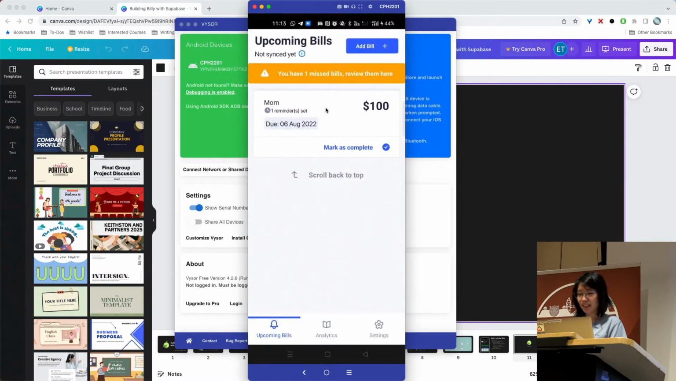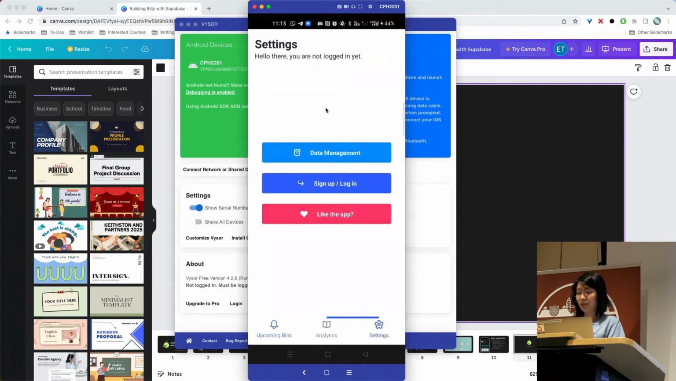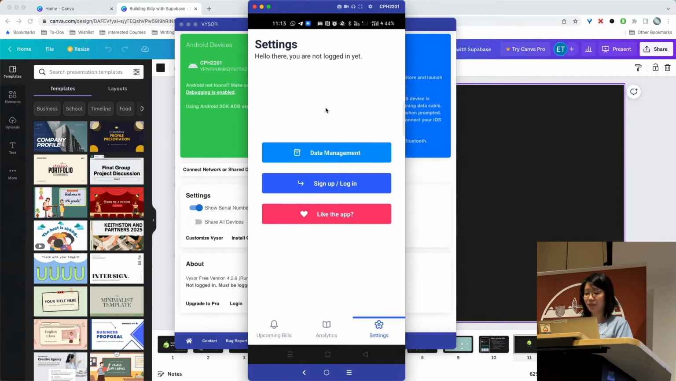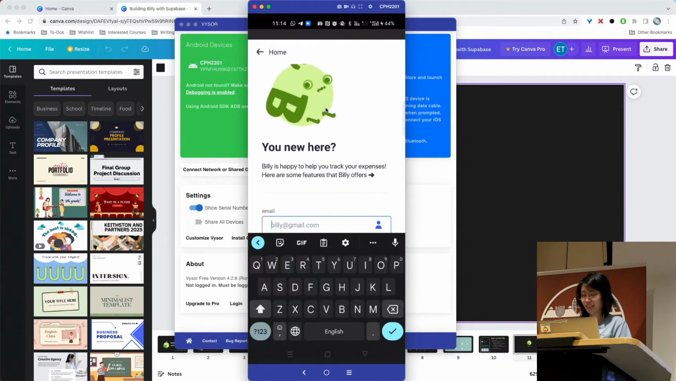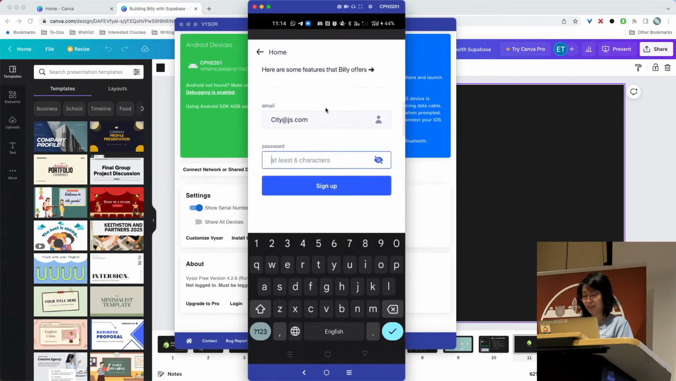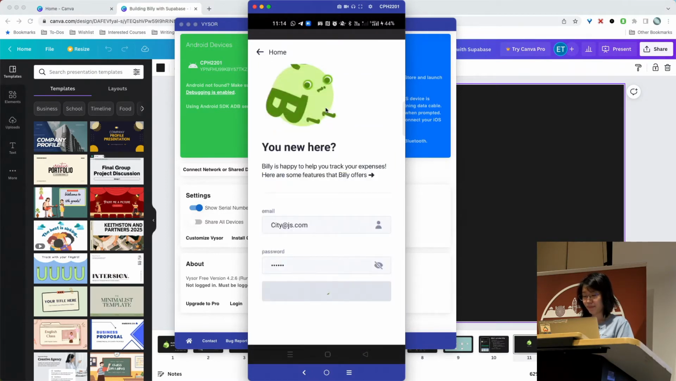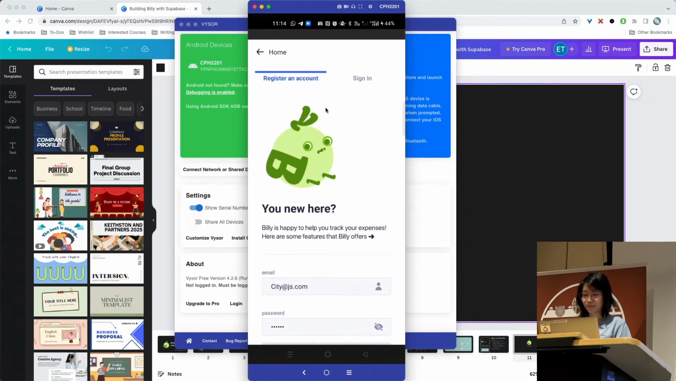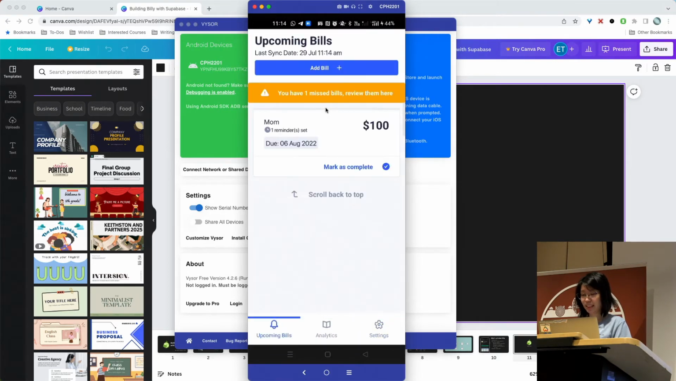Okay. So after you created all these bills, and because now it's local, right? If you log into another device, you can't see your bills. So what you can do is sign up an account, like say city.js.com. This authentication is also provided by Supabase, so it's pretty fast to set it up. Yeah, so I'm logged in, and I still have all the bills,